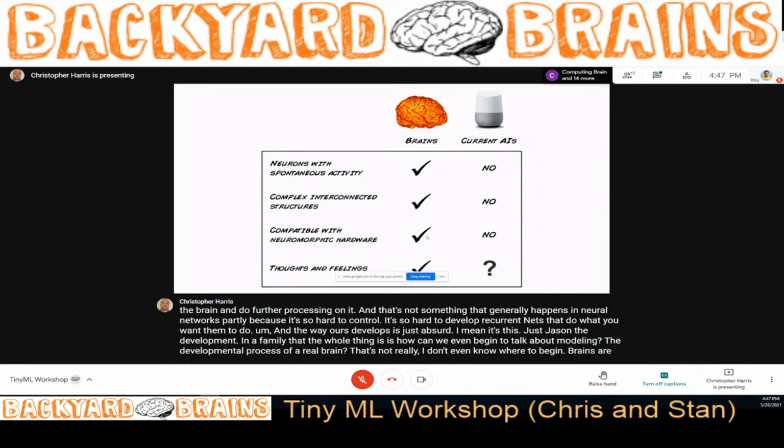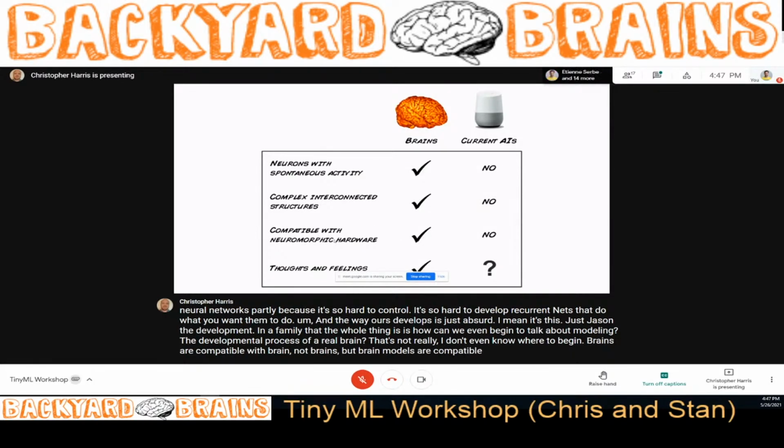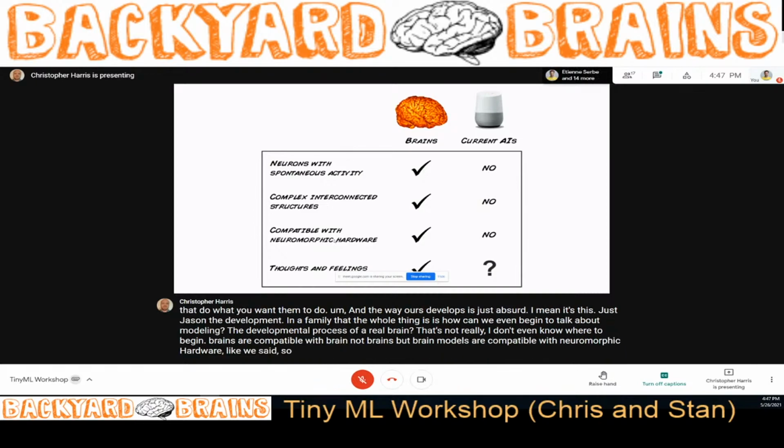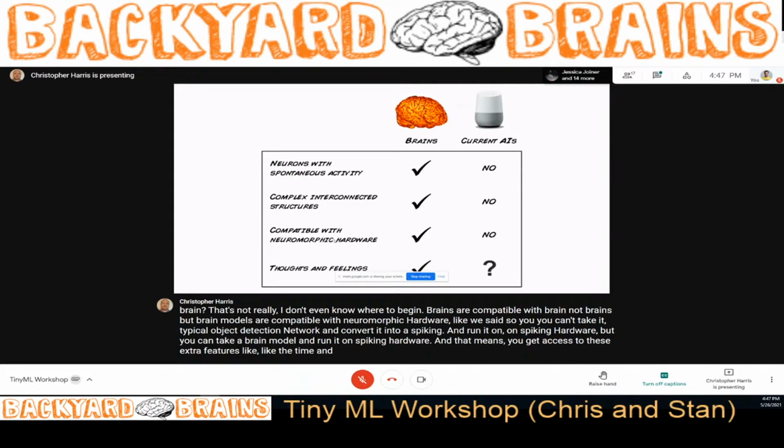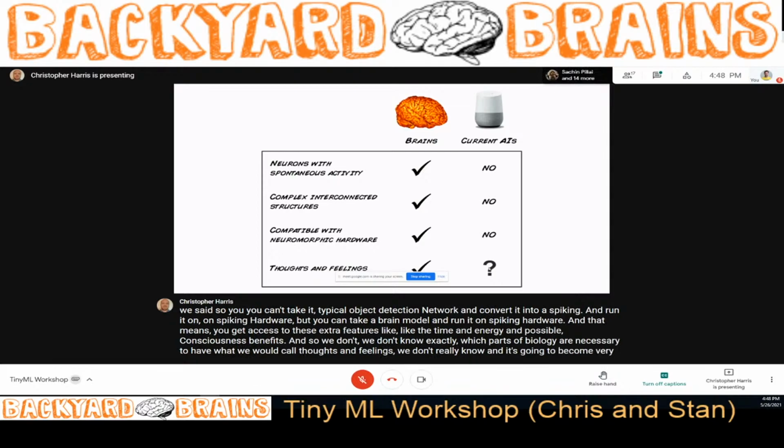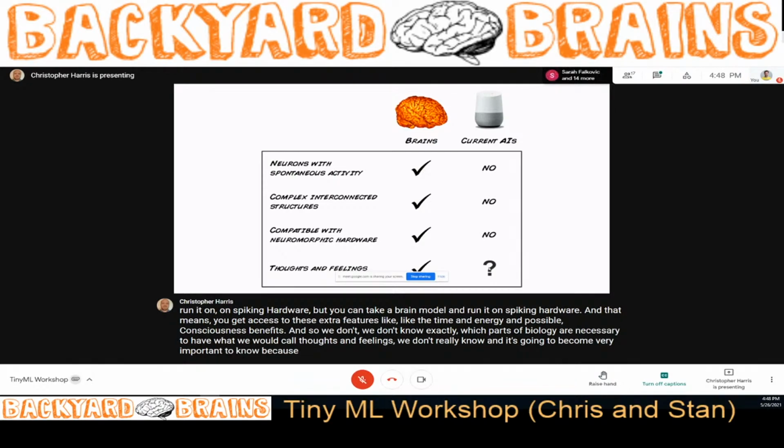Brains are compatible, not brains, but brain models are compatible with neuromorphic hardware, like we said. So you can't take a typical object detection network and convert it into a spiking one and run it on spiking hardware, but you can take a brain model and run it on spiking hardware, and that means you get access to these extra features like the time and energy and possibly consciousness benefits. And so we don't know exactly which parts of biology are necessary to have what we would call thoughts and feelings. We don't really know, and it's going to become very important to know because we will develop things like